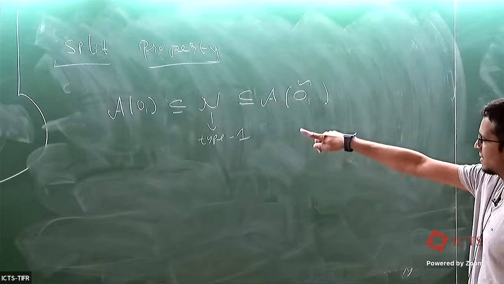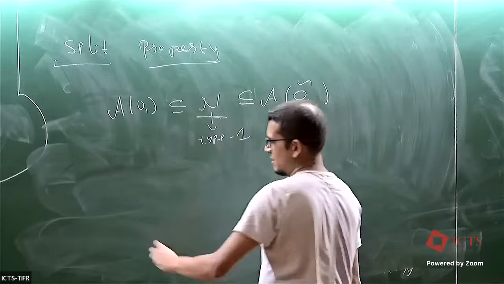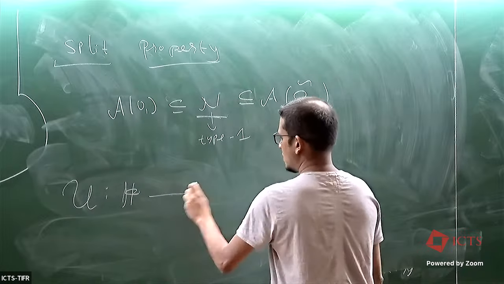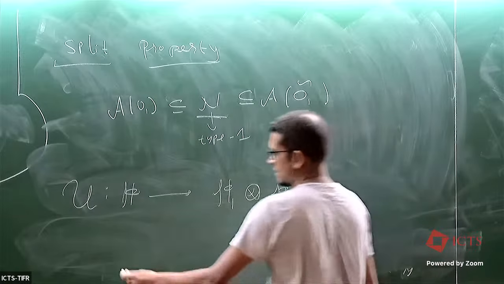And what this means is exactly what we discussed earlier: the existence of N is telling us that there's a unitary which takes us from H to some H1 tensor H2